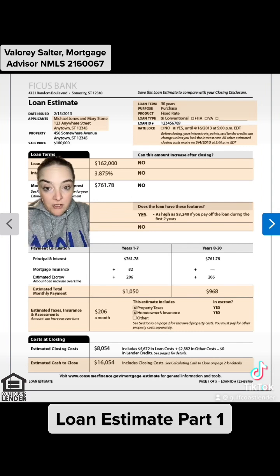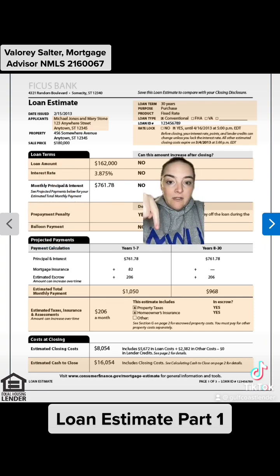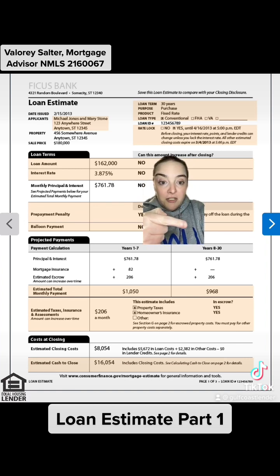Look at payment calculations. This is going to be very important. So you get your principal and interest. This is the amount that you will pay. Now, this is not your loan estimate. This is an example. Principal and interest, mortgage insurance, and escrow. Escrow is going to be your homeowner's insurance and your property taxes. And then you have your total. We'll add those three together. This is what your payment's going to be for years 1 through 7, if this was your loan estimate. And then if it changes on year